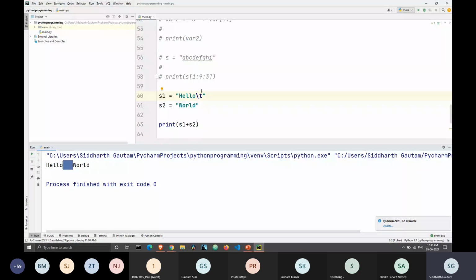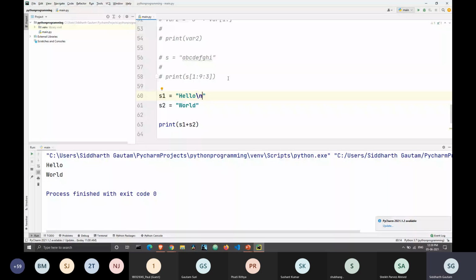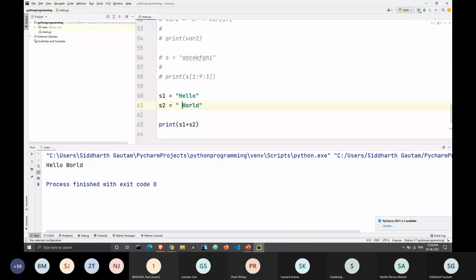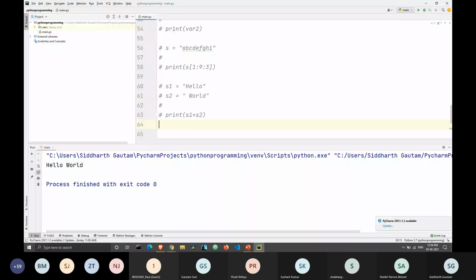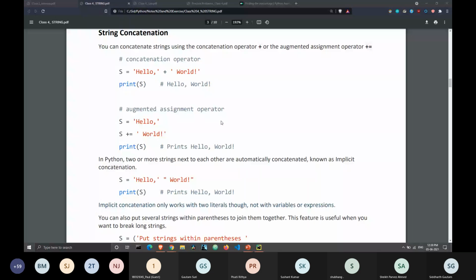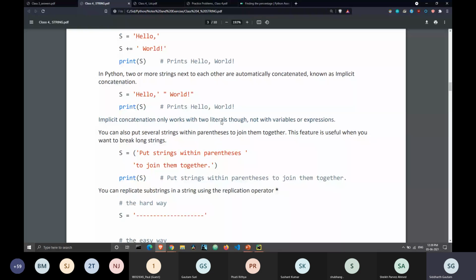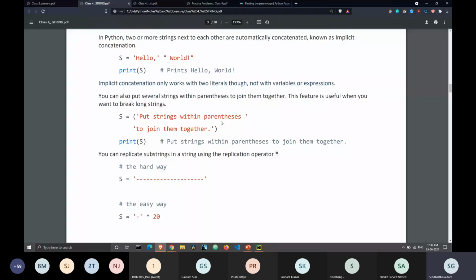But if I write \n here, what will happen is instead of getting a space, it will just go to the next line. So that's why we cannot type new line here. The easiest way would be to just add a space inside the string itself. Now this is the easiest way. All right, let me just comment all of this out, and all of this we have already done.